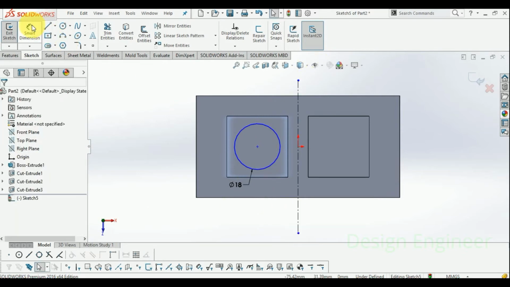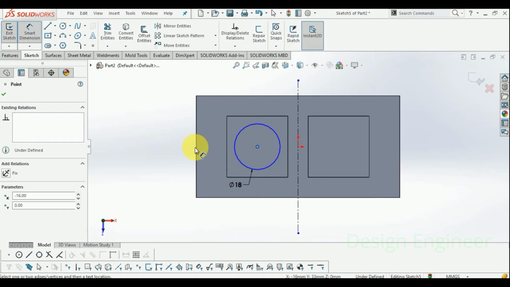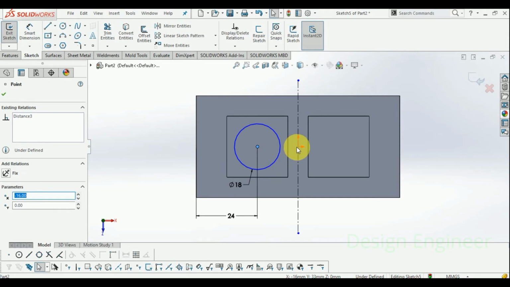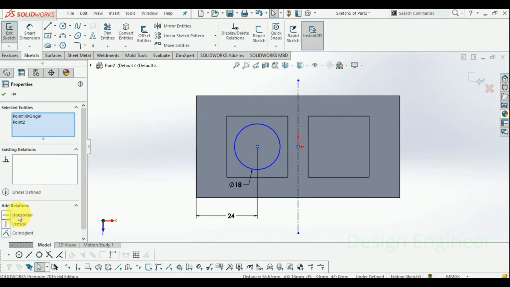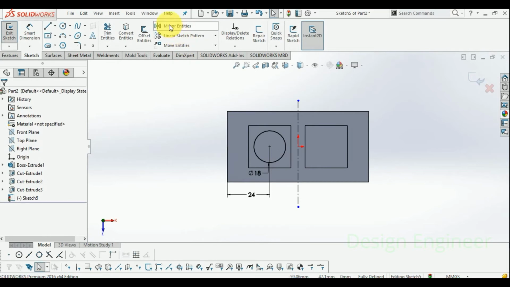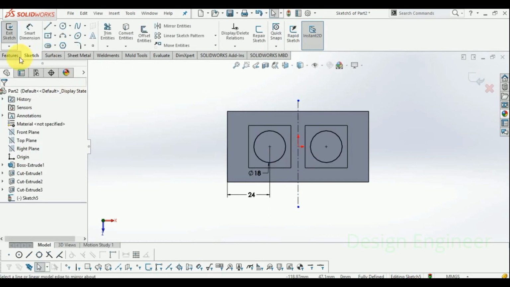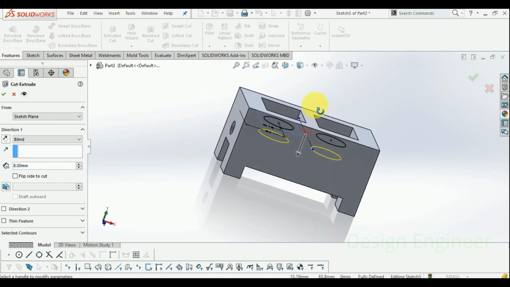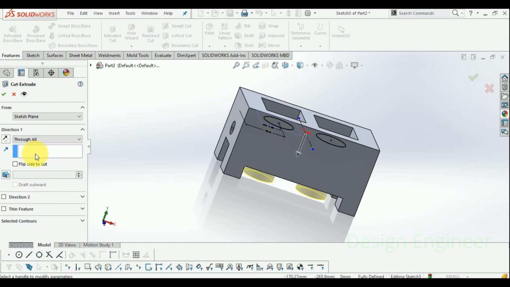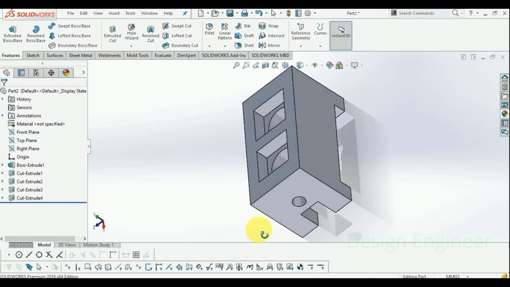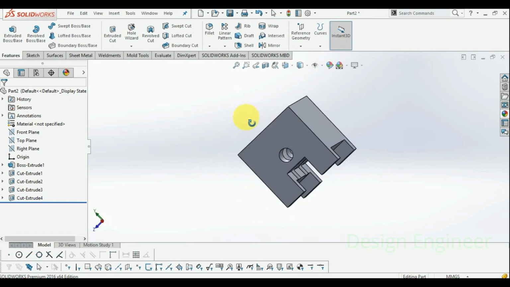And also I can constrain this object. This point to this point, it will have a 24. Then I can choose this point to this point, it will have a horizontal constraint. Okay, directly go for mirror, then select the object. It will automatically create the mirrored profile. Then the circle is a through hole, directly go for through hole, just click OK. It will create the profile. Okay, this is the exact shape of our design